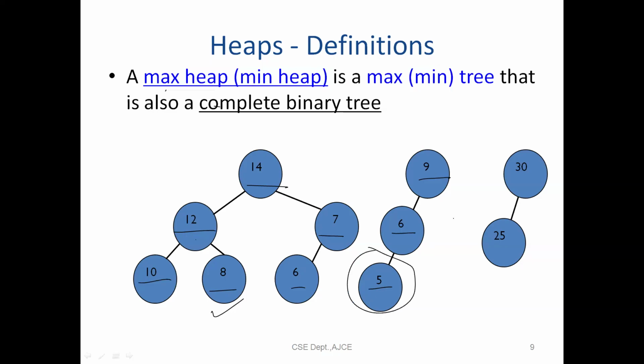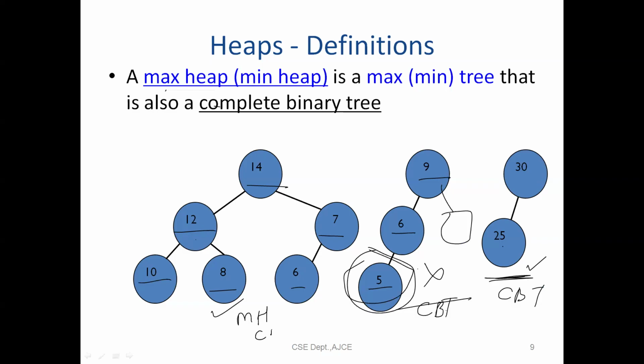No. Why? We did not fill the right child of 9 and instead we went one level down beyond 6. So the property looks like a heap tree, but it's actually not a heap tree. Why? Because it is not a complete binary tree. Whereas this one, is this a max heap? Yes, 30 is greater than 25, so it's a max heap, and it is also a complete binary tree. In this case, this is also a max heap and also a complete binary tree. Okay,